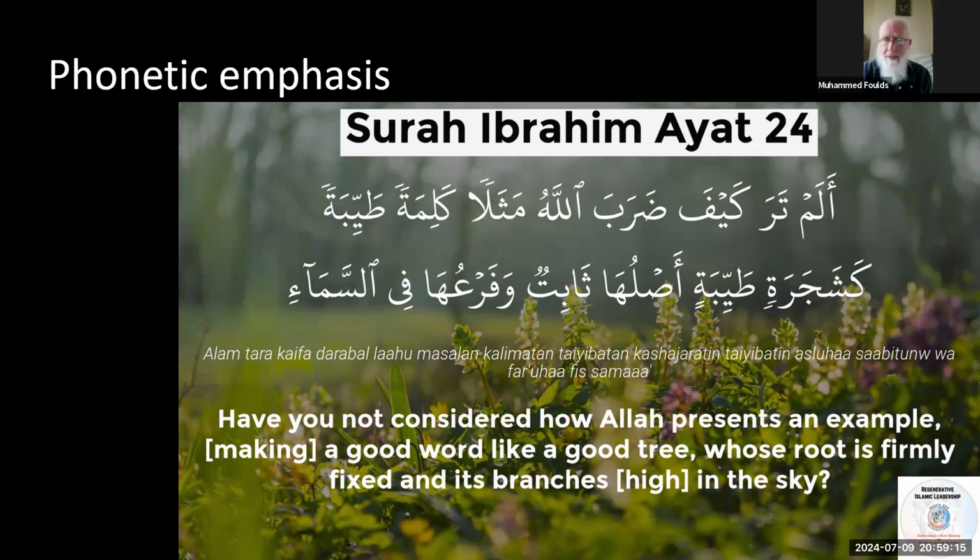But the key lesson tonight is alam tara. In the translation it is, have you not considered? In translations, as we've told you before, it is have you not seen, as in to look at the tree. Remember, this ayat was revealed to the Prophet sallallahu alaihi wasallam. And so when we teach this, when we take people to the mother tree, into the forest, into the wood, we are saying, look at the tree.